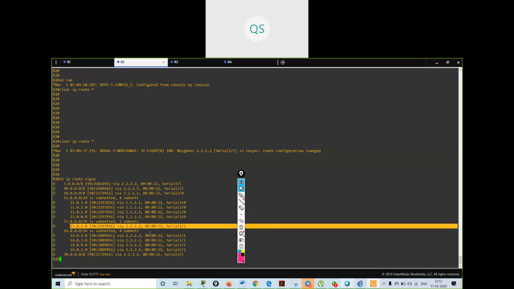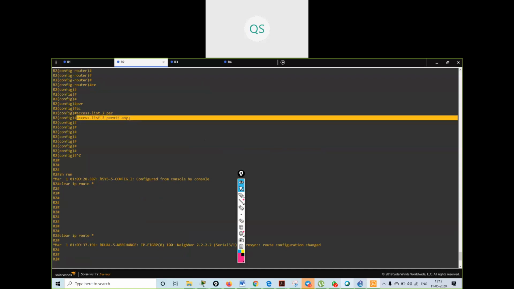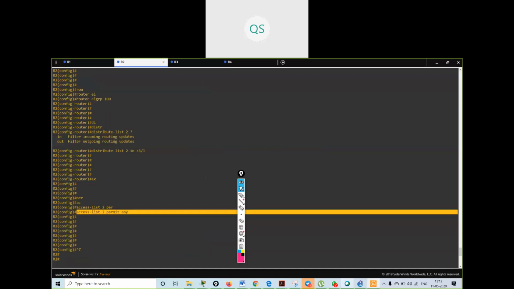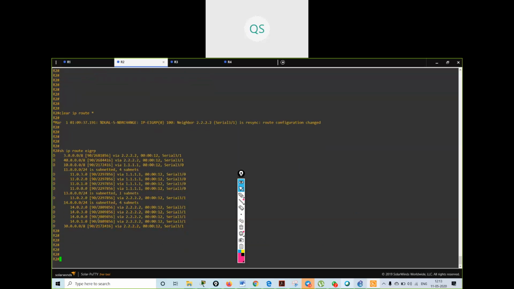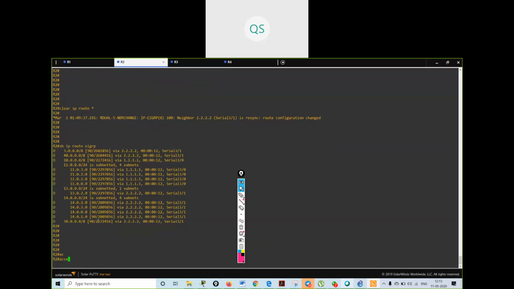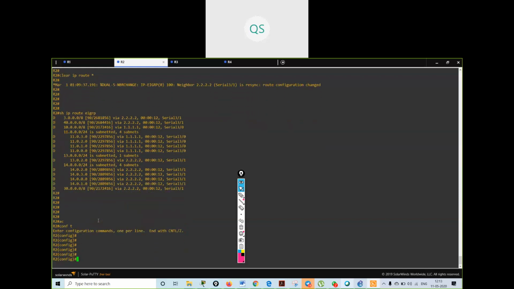Okay, so I can do it for specific routes. See, you can use the access list in any way. If you want that only some specific routes should be permitted, then you can allow that specific routes only. So what I will do on R2, I will create one more access list for router 1's interface.